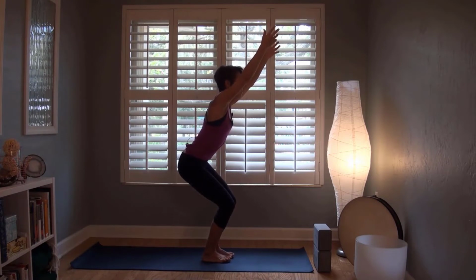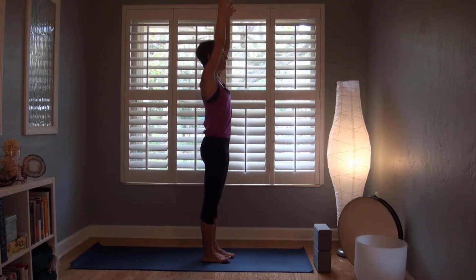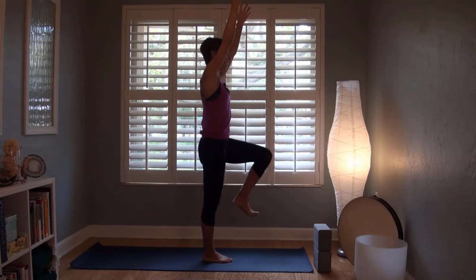Soften the toes and then feel weight in all four corners of your feet. Soften the shoulder blades down away from the ears and smile. Notice what you like about being here and what you're learning. Take another deep round of breath. Inhale, press to stand, reach the arms up, and then slowly lift the left knee as you come to stand